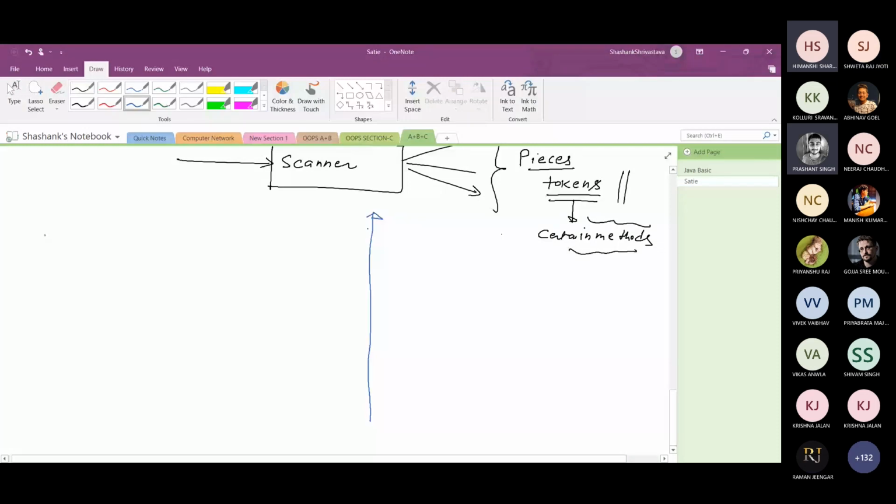So just create the object of Scanner class: Scanner sc = new Scanner. The Scanner class has a constructor which takes a parameter of input stream type.